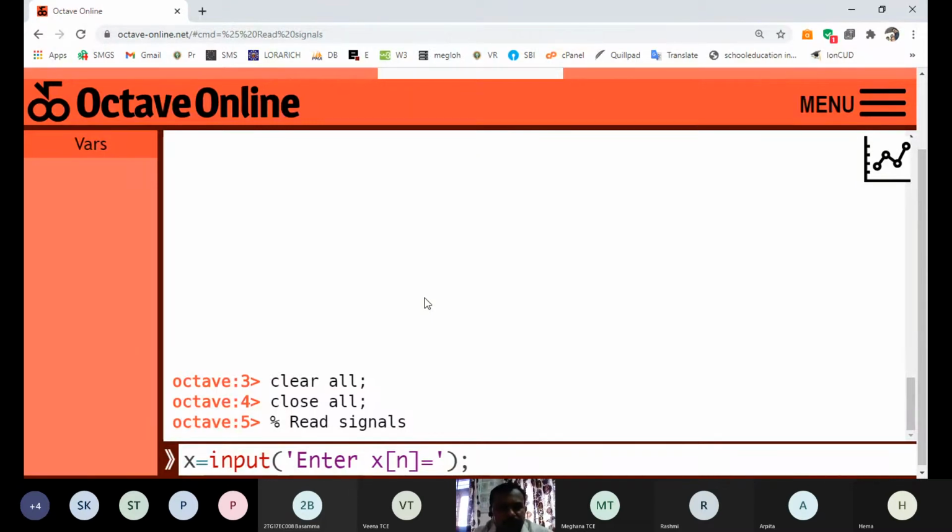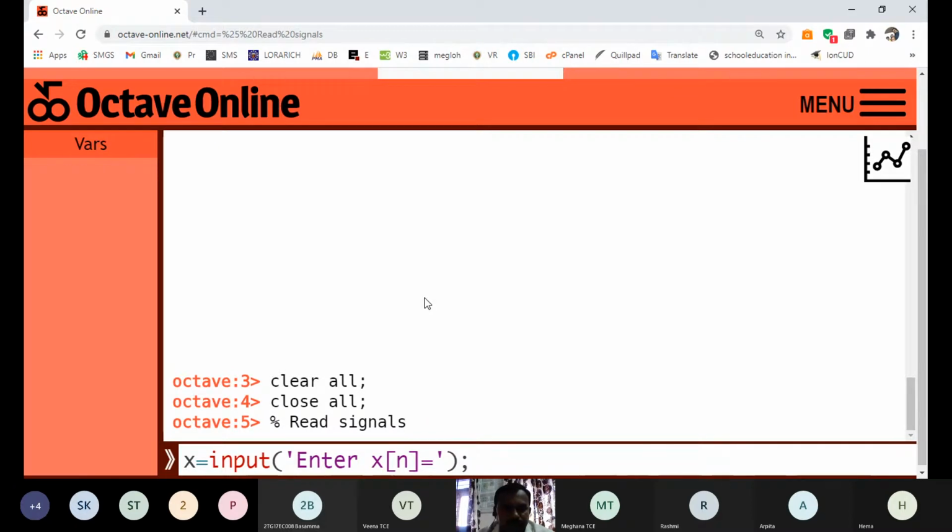So x is equal to means a variable, or we may say an array. x is equal to input. To read something from the keyboard, the function we need to use is input, with a statement for the user. By seeing that statement, the user is going to perform their own task.